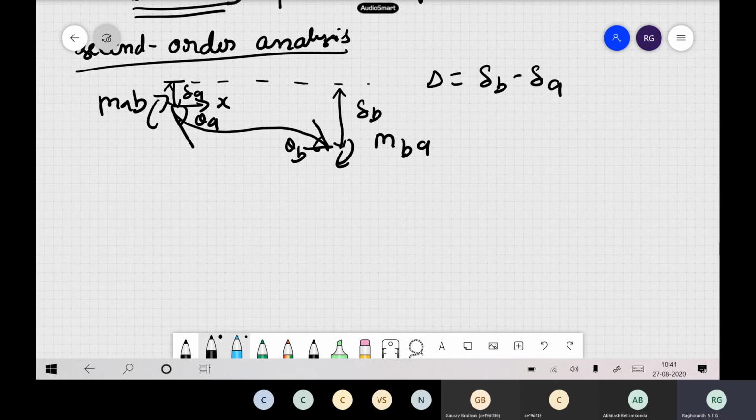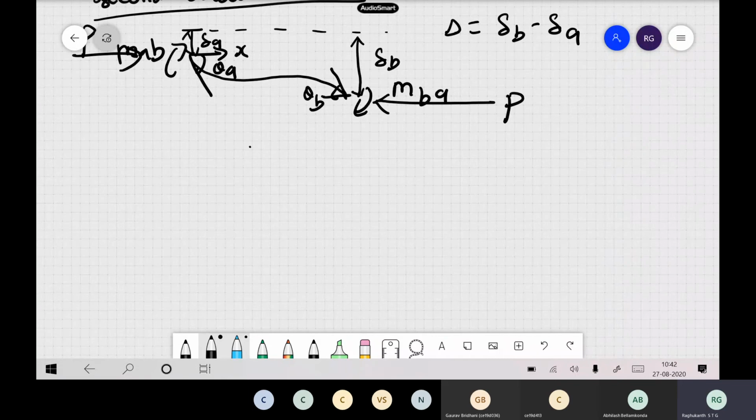Now the only difference is that previously no axial load was there, and now we have to include this axial load also in the calculation. So this is your axial load P. All other remaining things are the same; this is the one term which is extra here.